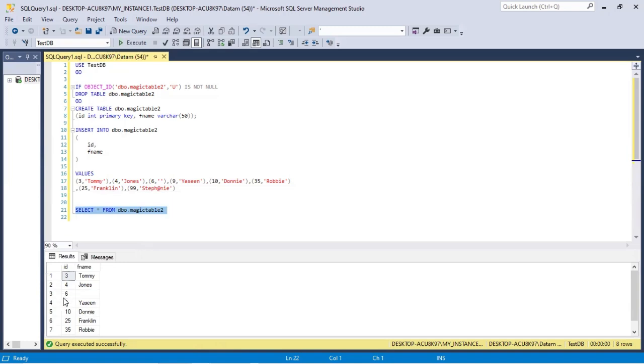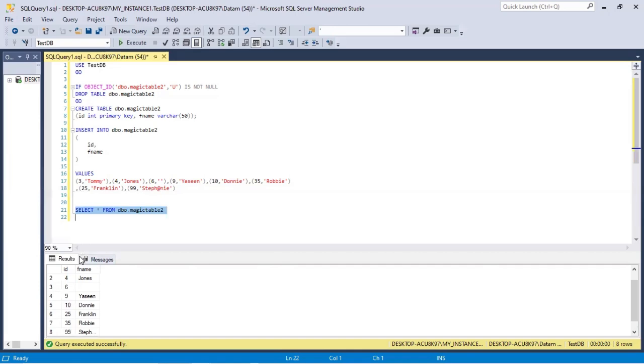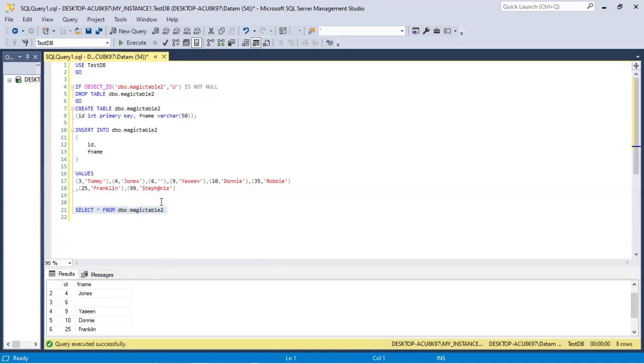Okay, so you see we have a blank value for ID 6, and we also have a typo for Stephanie, and this was done intentionally, of course. So let's start there. Let's update these two values first. So how will we do that utilizing our magic tables? Well, first we will write our update statement,